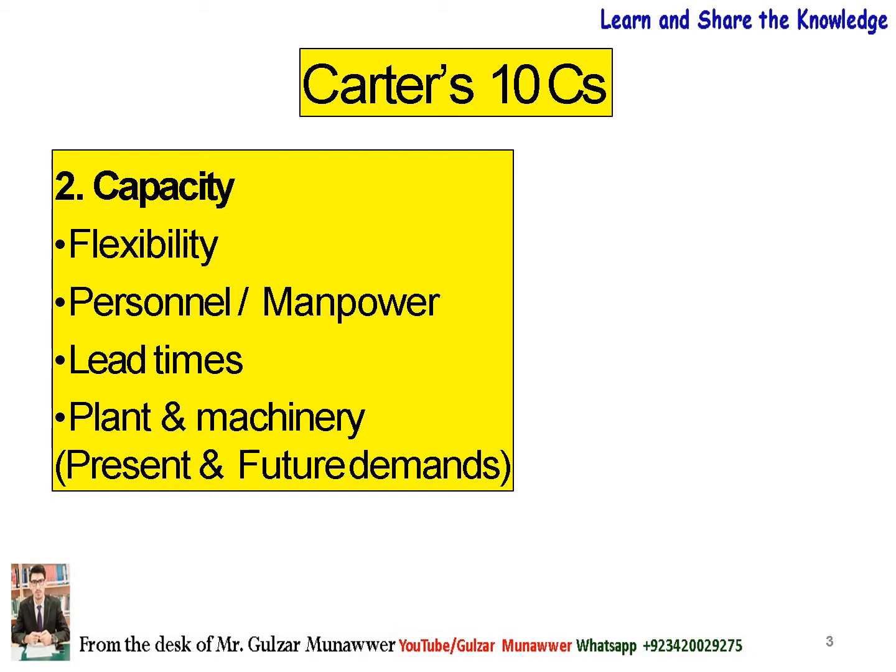On the surface, it seems like the supplier has enough capacity. However, let's say they have two other clients who need 3,000 and 2,000 units of the same product in a month. This means that in the event your demand increases, they would not be able to meet your requirement. You need to take such matters into account before pre-qualifying a supplier. So capacity is very important while selecting the supplier.